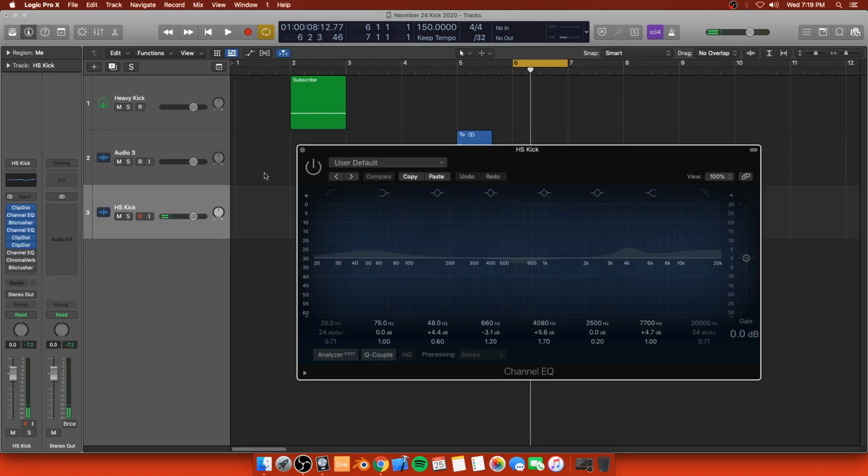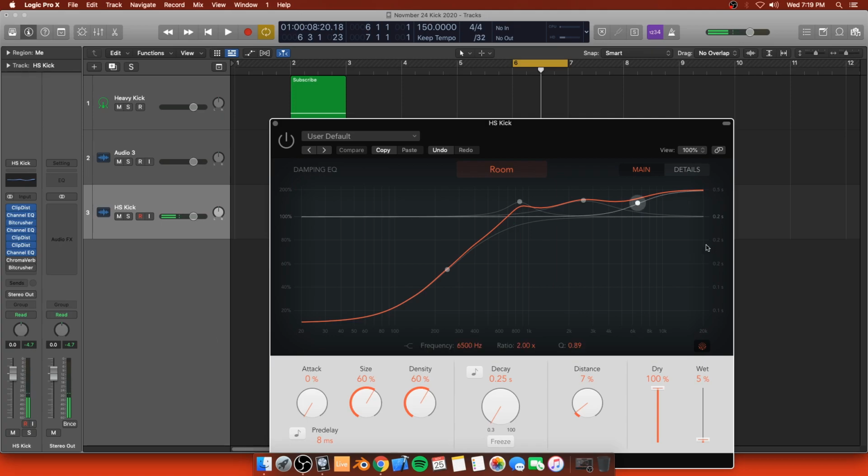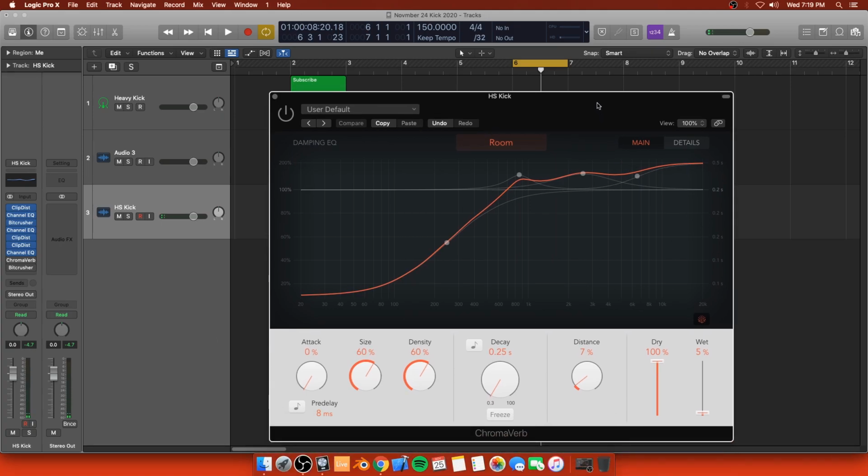Then we have another EQ. And now we go to Chrome Verb. Chrome Verb is awesome. I like it. I took a lot of the low end out. I just wanted to affect the top end. And usually this is like this. I boosted this one up like that. I didn't change these settings. Barely any decay, barely any distance. But if we listen to what it's doing,